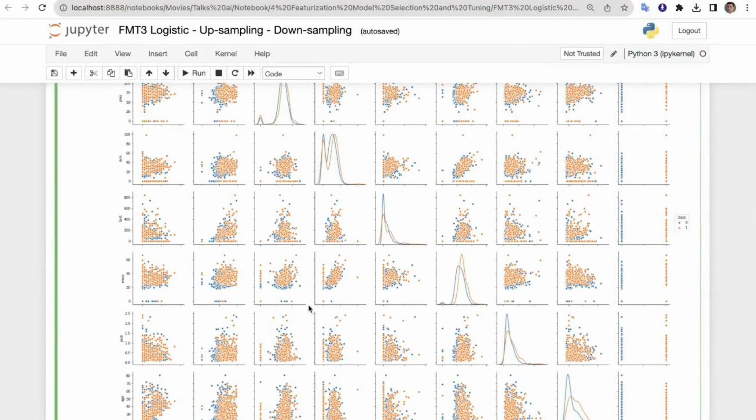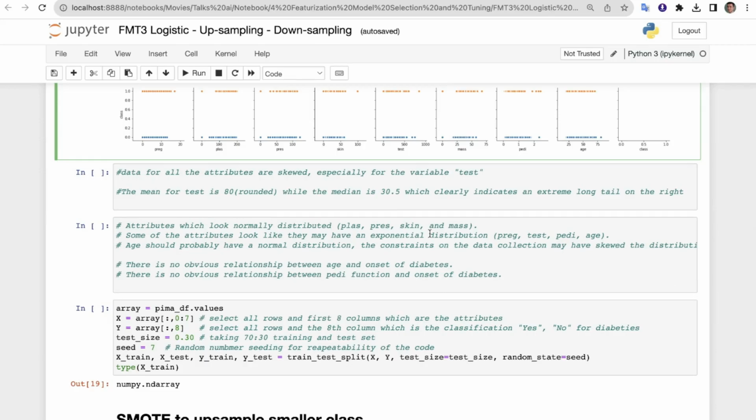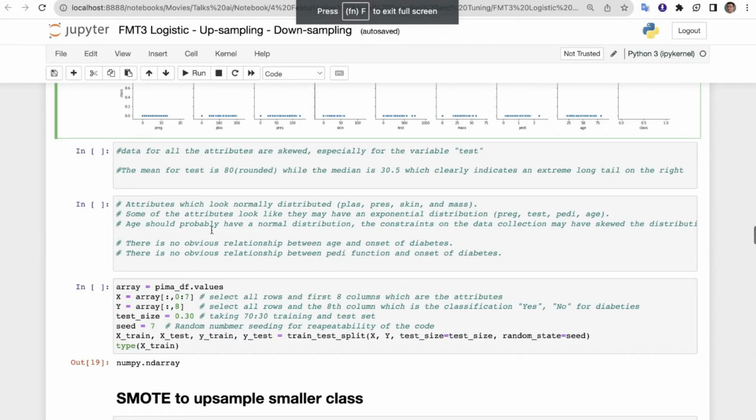So here we can see, especially for the variable test, the mean for the test is 80 rounded, while the median is 30.5, which clearly indicates an extreme long tail on the right. Now, which attribute looks normally distributed,